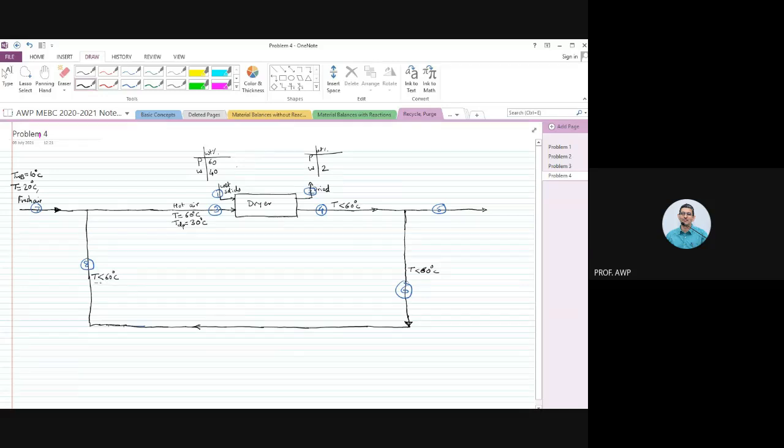So I can't mix a stream which is at 20 degree temperature with one at less than 60 degrees, and then expect to get a mixture of 60 degrees centigrade air. Do you agree with that? Stream number 7 is going to be less than 60 degrees. Stream number 8 is going to be less than 60 degrees centigrade. So if I mix stream number 7 and 8, there is no way I am going to get stream number 3, which is going to be at 60 degrees centigrade. Do we agree? Do we disagree? Yes, sir, I agree. Right. So obviously,